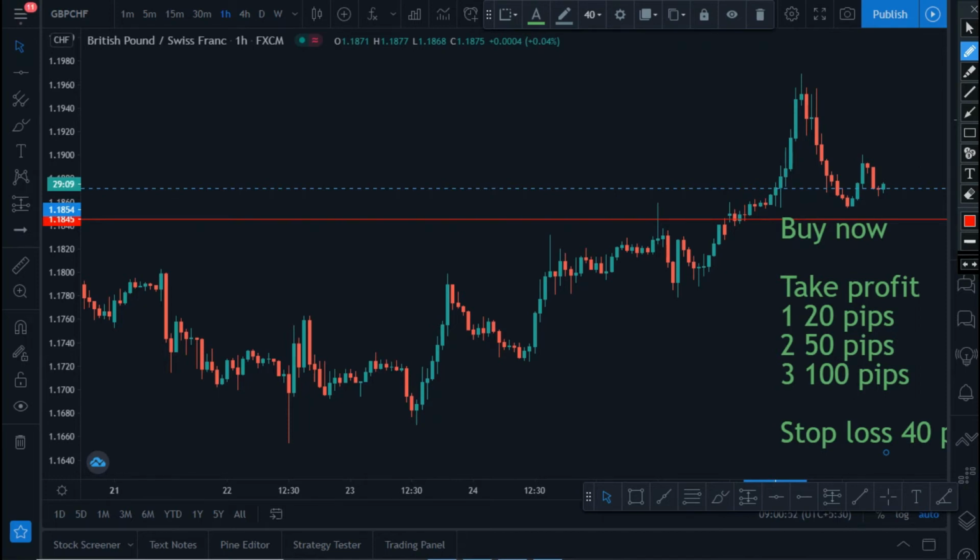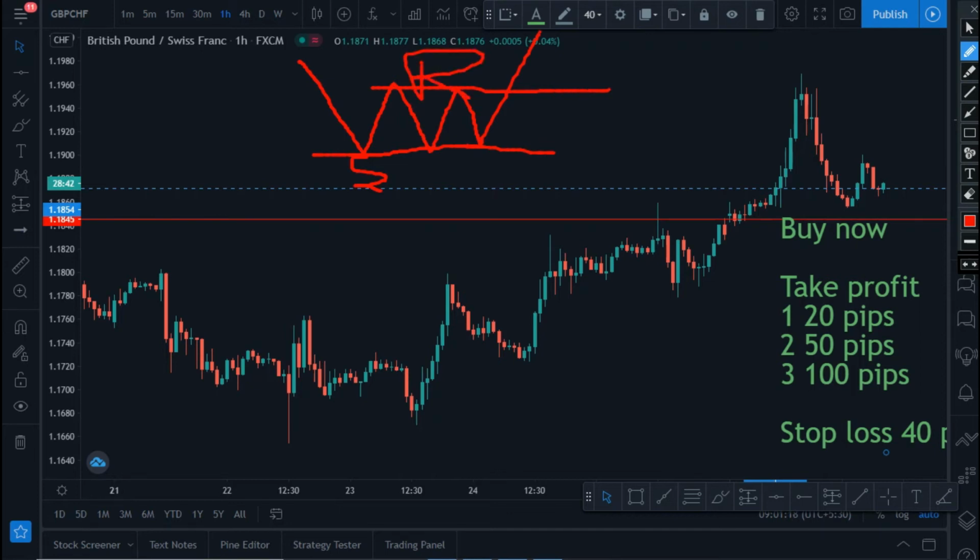That means, what happens most of the time, if the price is in a downtrend, okay, price hits a particular area which is called support, and after that price goes up, again comes down to retest the support, again goes up, again comes down to retest the support, and after that it broke out this resistance area, and after that price came down to retest this resistance to make this resistance a support. So this is what is happening in this particular GBP CHF.